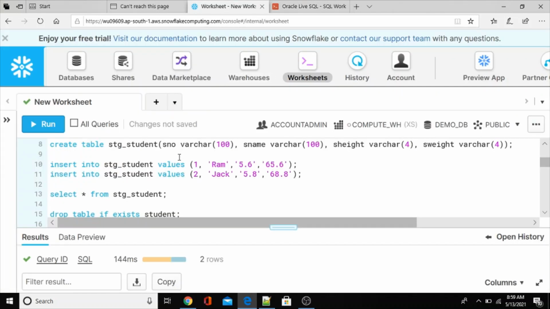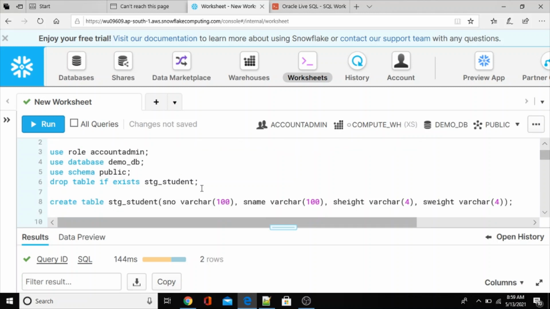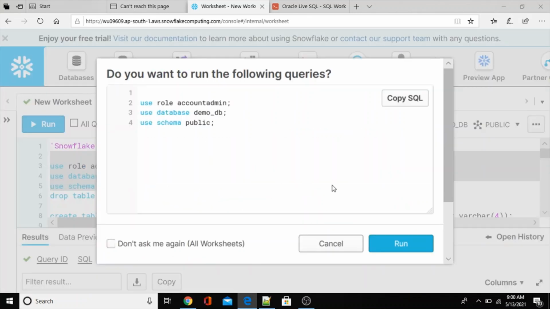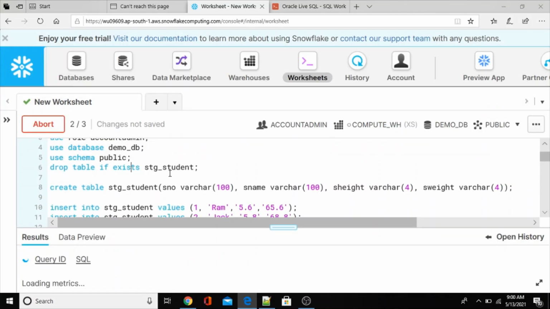Now let me go to Snowflake. Here I'm going to use the public schema from the demo db database, and then let me set this one. So I'm going to create the student table.